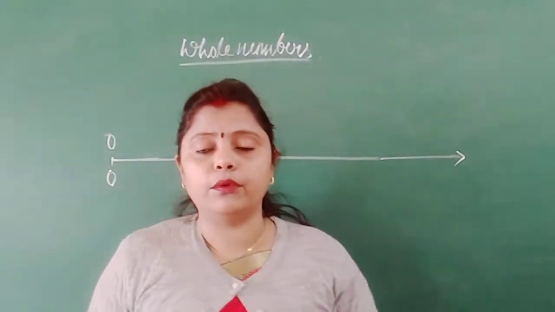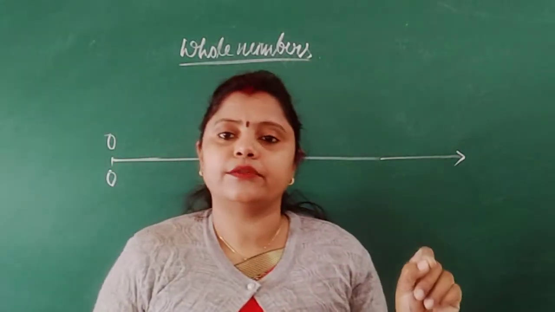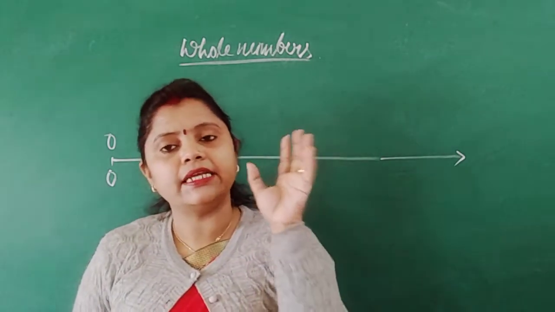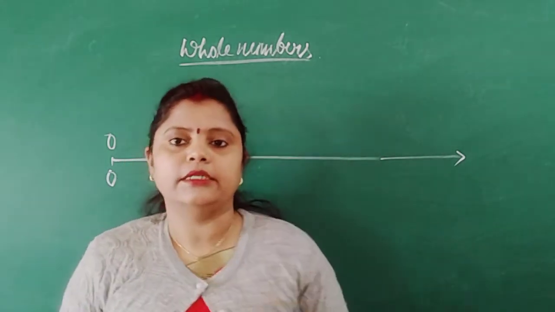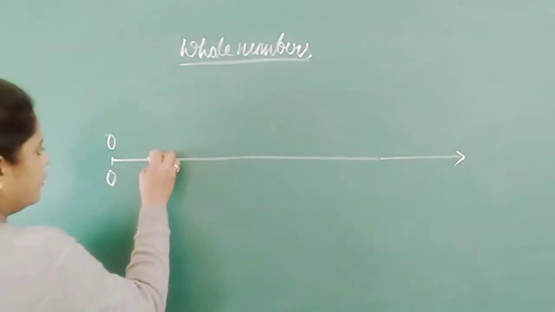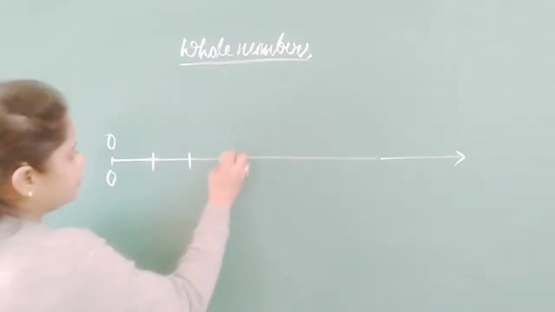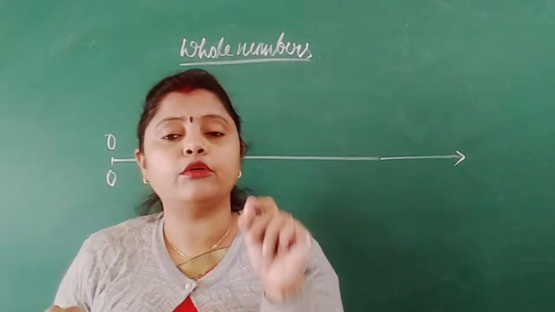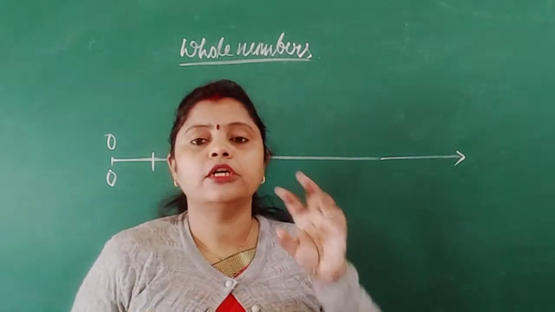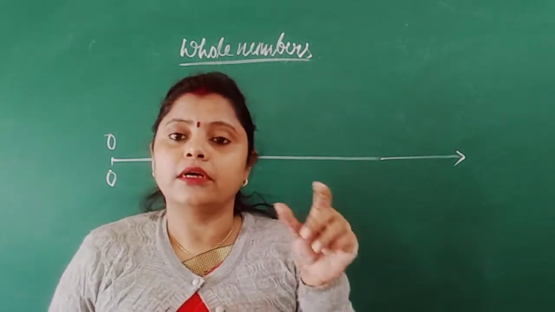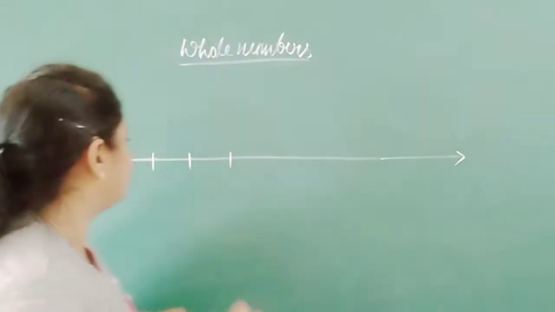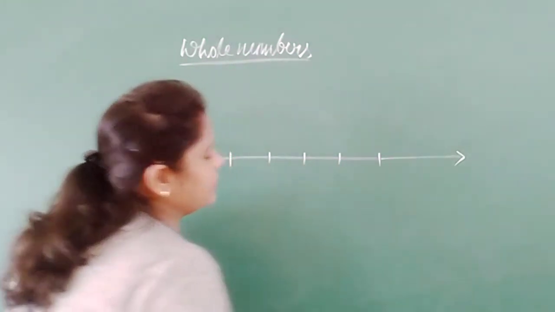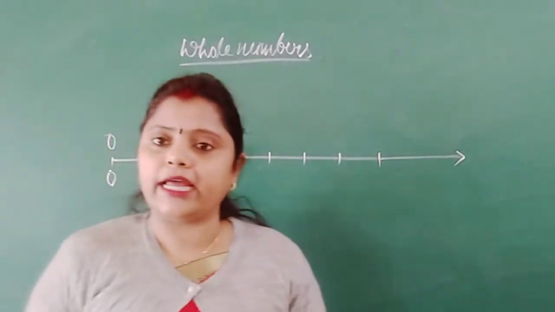Now, what will be our work? To make equal intervals and to give some names, as well as we will also write the values with that. Suppose I am making a few intervals here: 1, 2. Whenever you are making these, be very careful that you use a ruler or compass or divider so that an equal gap is maintained. So 1, 2, 3, 4, 5, 6, 7. Suppose 7 intervals I have made here.